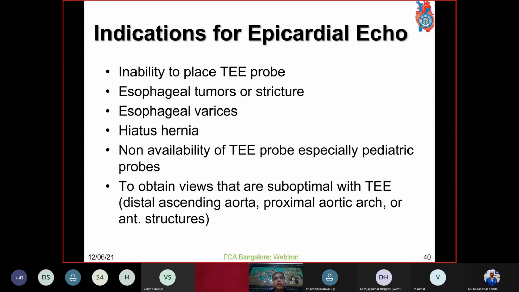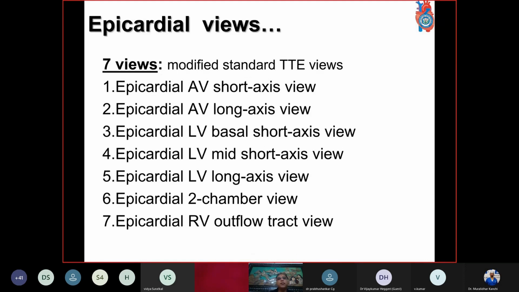Then epicardial examination becomes very handy and can be done very easily. Also when the TEE images are not suitable, like ascending aorta, arch, and anterior structures of the heart, for example if you want to see the free wall of the right ventricle. Many times the anterior structures are difficult to visualize with transesophageal echo. That time the epicardial echo comes as a rescue.